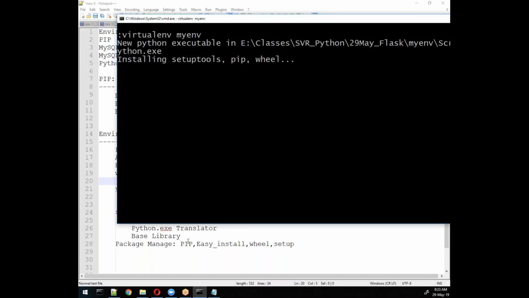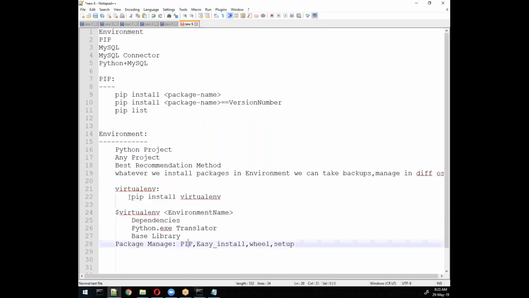So basically we require Python installed, pip install we already did. Means what we will do. First of all, if you want to write a program for Python plus MySQL connectivity, suppose an insertion program, suppose inserting into a database, some command you want to execute through Python. So what will you do, tell me, help me in these steps. First of all, you need to create an environment. Remember, these are the steps you need to follow.